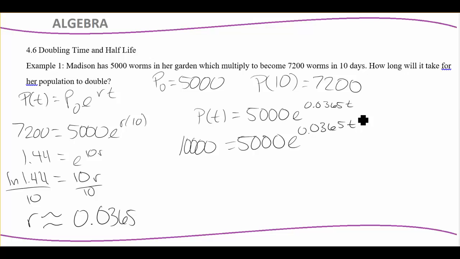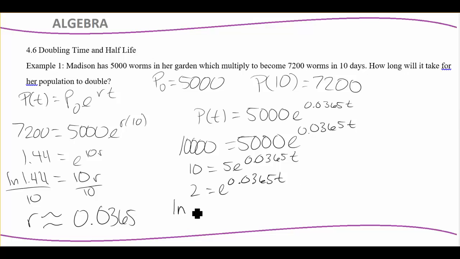I want this to be a little simpler so I can understand the numbers. So I'm going to divide both sides by 1,000 to make the number smaller. So we're going to get 10 equals 5e to the 0.0365t. And now I'm going to divide both sides by 5. We're going to get 2 equals e to the 0.0365t. And now we're going to take the natural log of both sides to get rid of the base